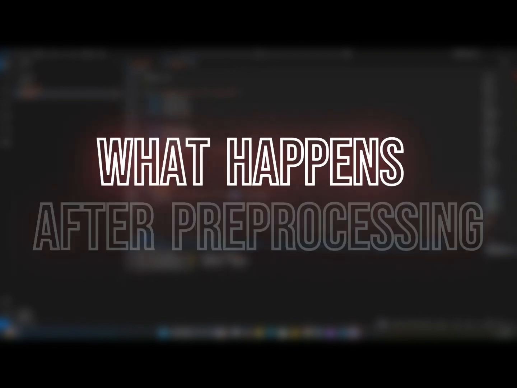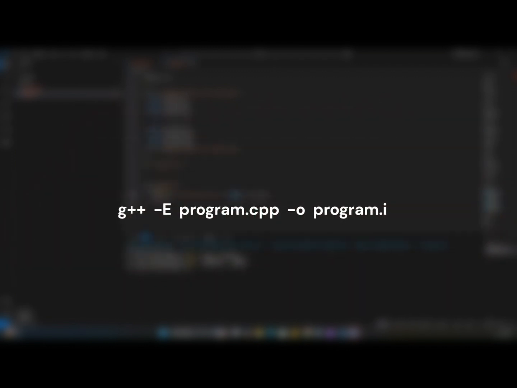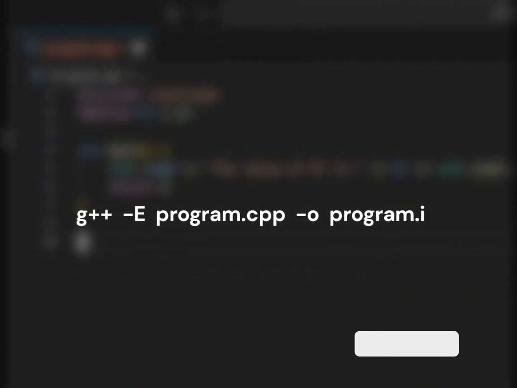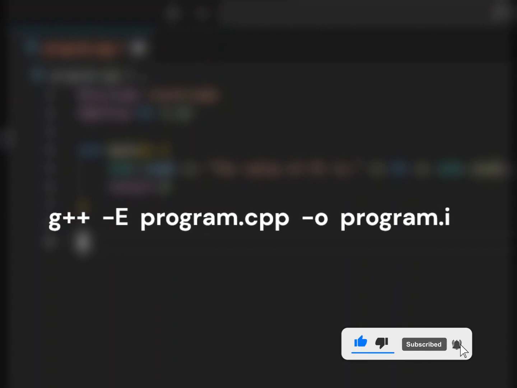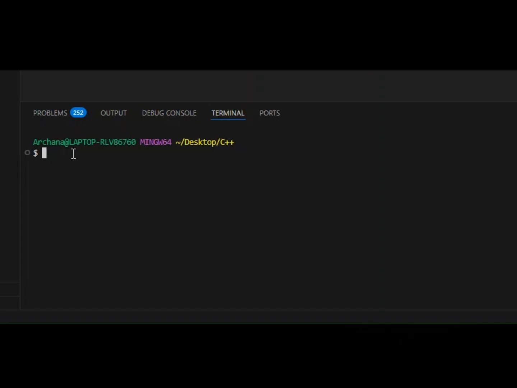What happens after preprocessing? After preprocessing, the program might look like this. You can use the -E flag with g++ to see the output after preprocessing. So in our terminal, we can type g++ -E program.cpp, it is our source file, -o program.i.